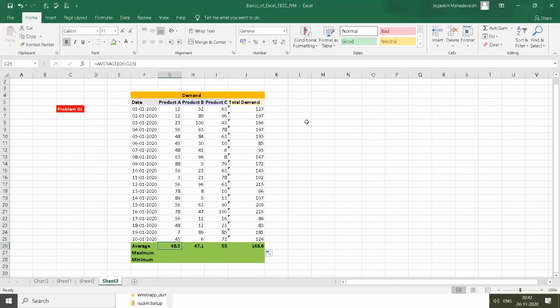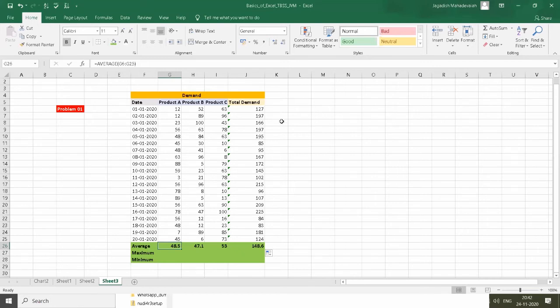Basically these numbers are not always even or odd. This is variable data, because the product's demand keeps changing every date. If we have 12 to 15 orders or demands today, it's not the case tomorrow. It's going to vary. So the data which I am presenting today is variable data.